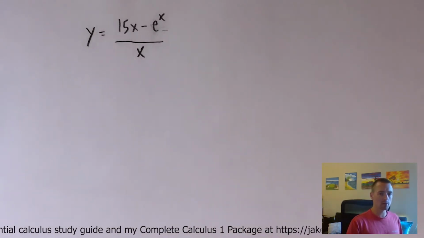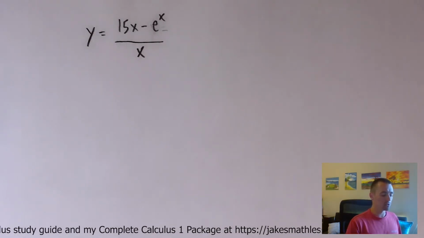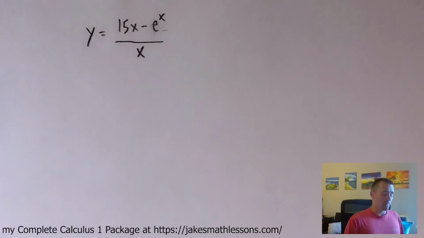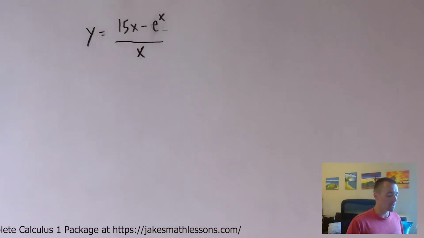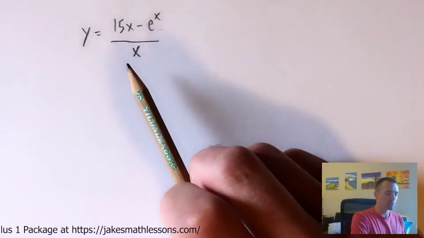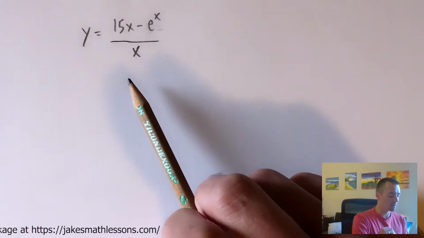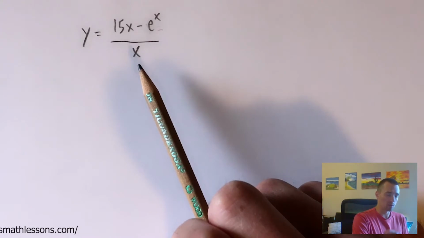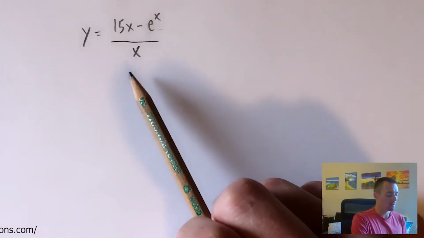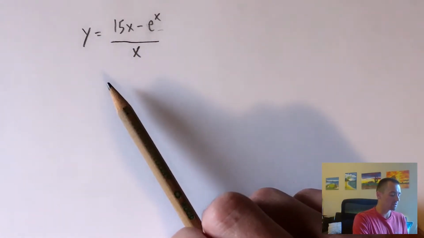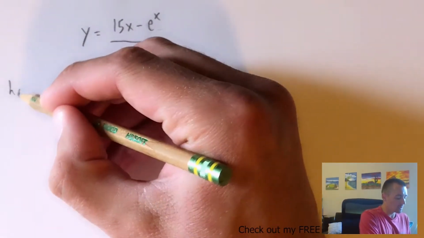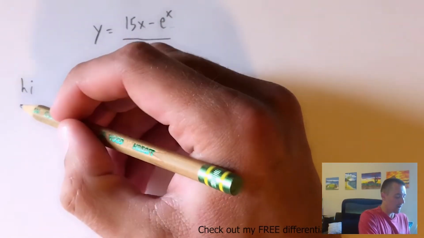So I really want you to keep that in mind, and I wanted to show you this example as proof of that idea, that ideology that you can keep in your mind as you work through math. So we have this function, and what we're going to do is find its derivative. Looking at it right off the bat, it seems pretty obvious that we can do this using the quotient rule. So one way we're going to do this is we're going to find the derivative of this function using the quotient rule. So the quotient rule says that if we have some function that is the high over the low,